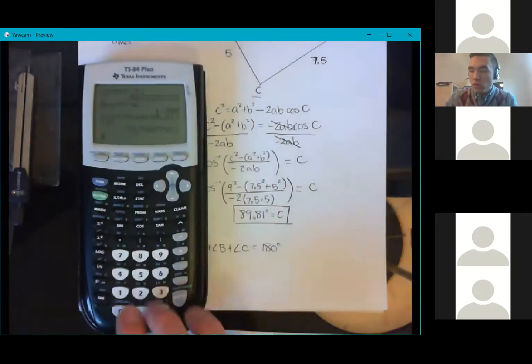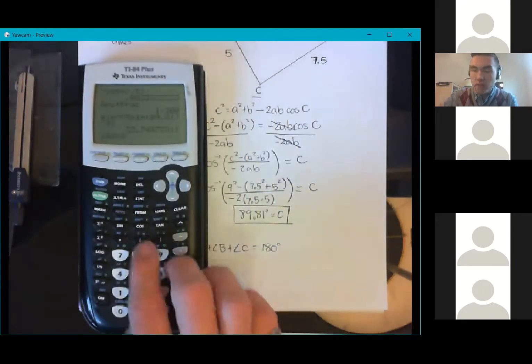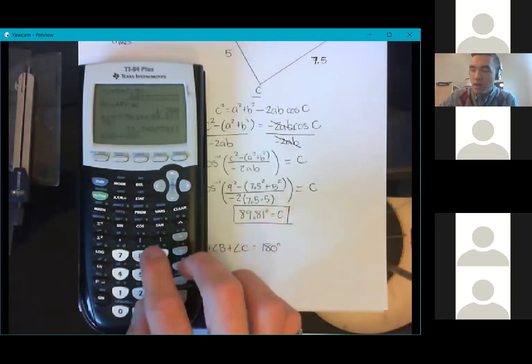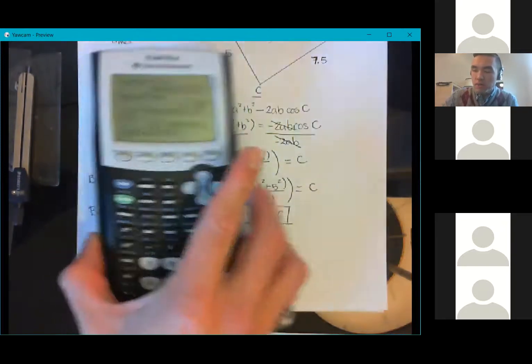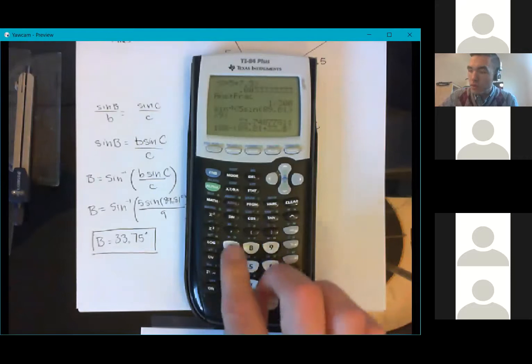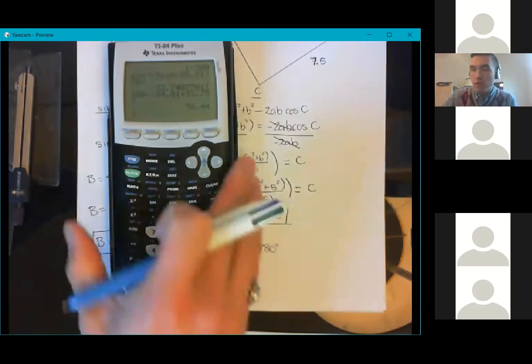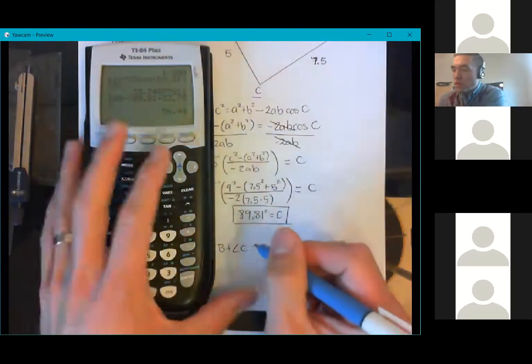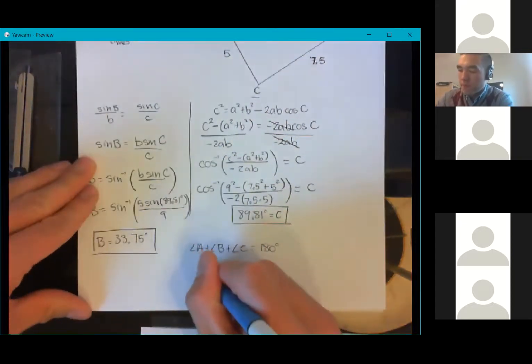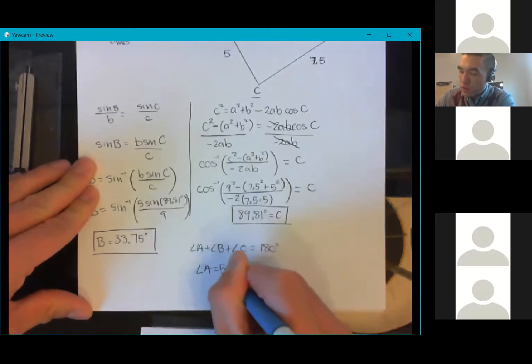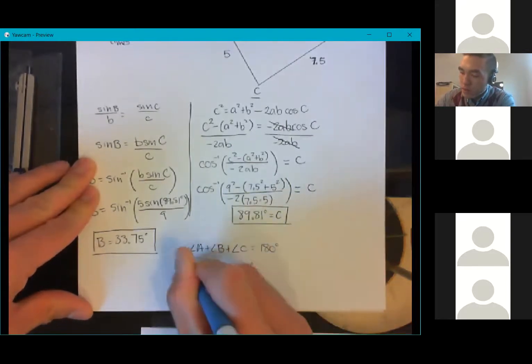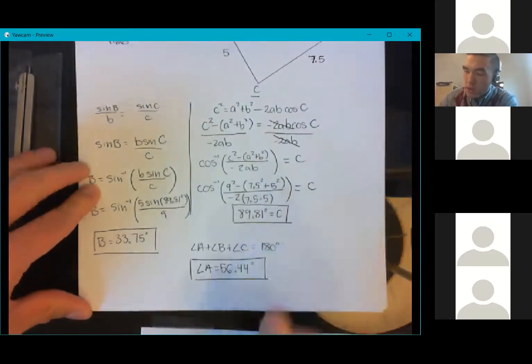So that's going to be equal to 180 minus the sum of 89.81 plus 33.75. And that gives us 56.44. So this is to say that angle A is equal to 56.44 degrees. And that gives us all 3 angles of an